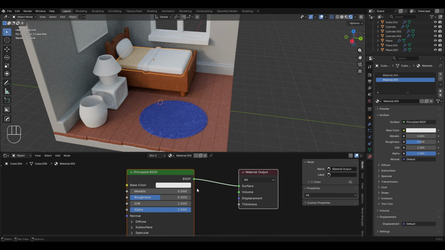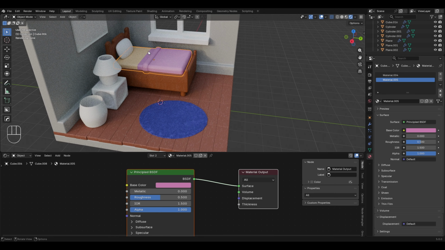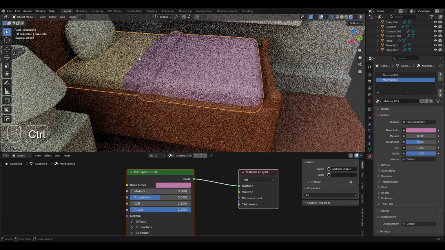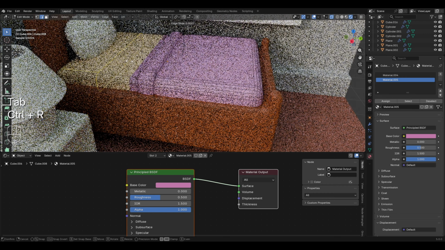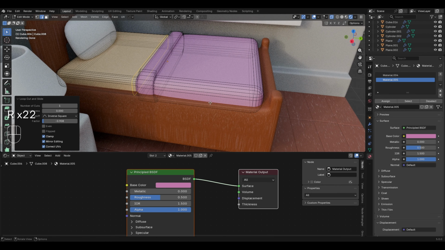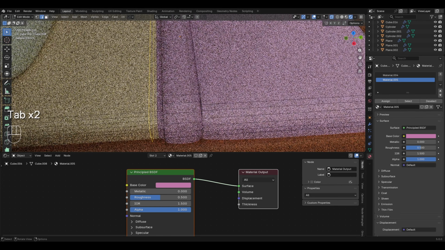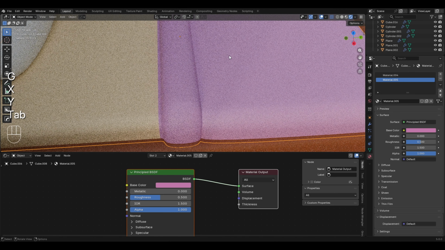But before that, let's set the base color as pink. So I'll click on the base color and change this to the pink color. I'll also bring down the brightness slightly, and here I notice some issues. That is, the pink colored material is also being visible on the mattress that we have. And to fix this, I simply have to add a loop cut over here, and I'll bring it closer to the area where the mattress intersects with the blanket or the bed sheet, and this is how it looks. I think I can further bring this closer, so I'll bring it down over here in the y-axis like this,